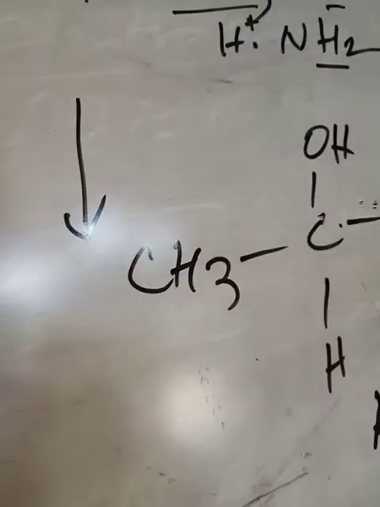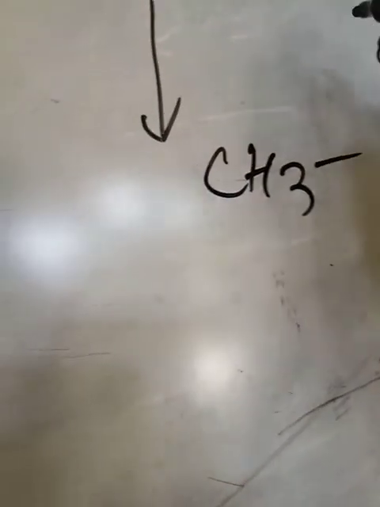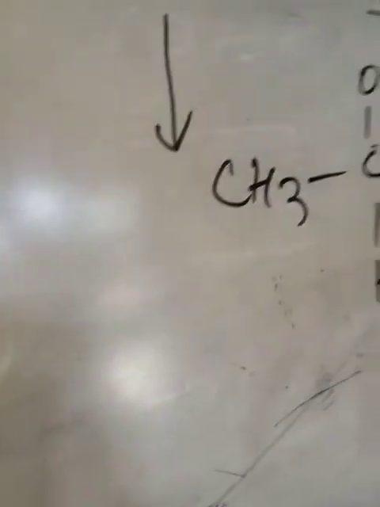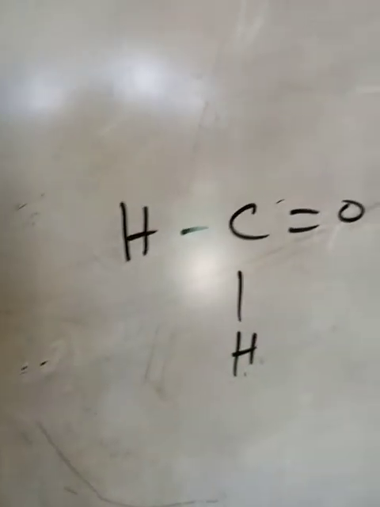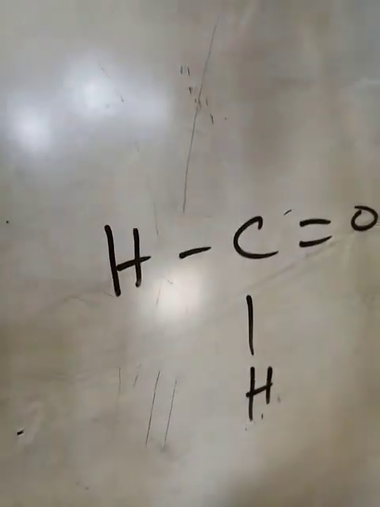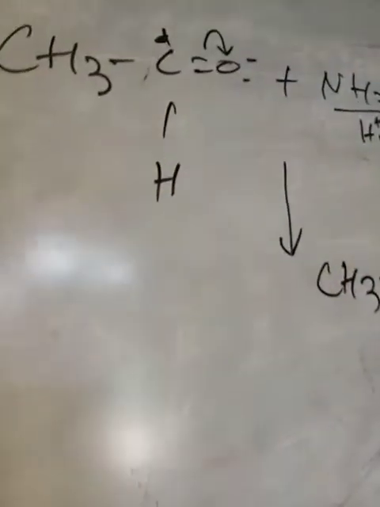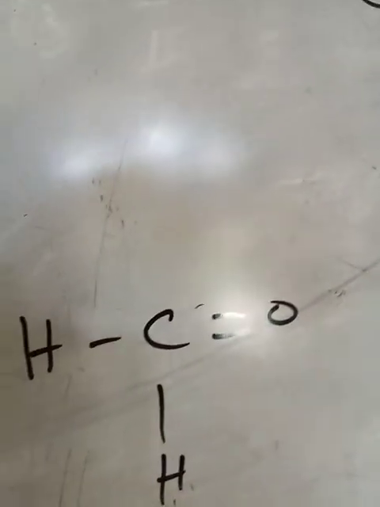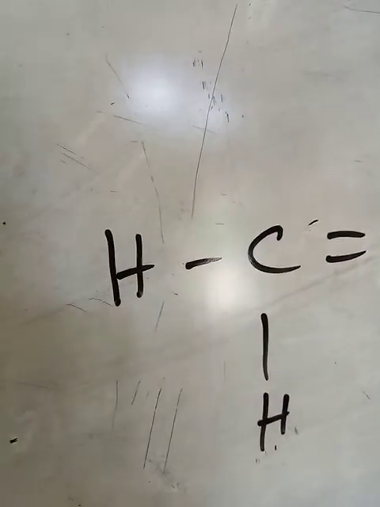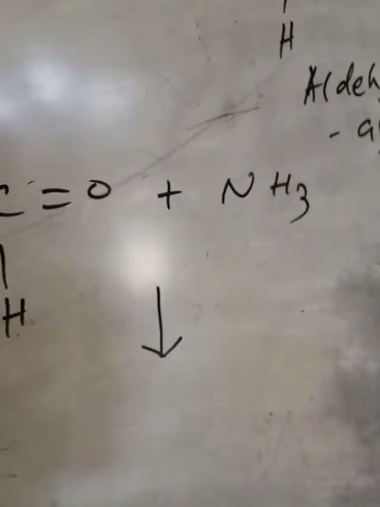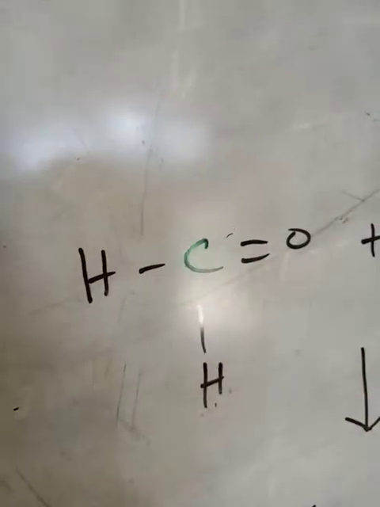In practical life, 3 molecules combine to form trialdehyde ammonia. Now, if the first member of aldehyde, this is formaldehyde, the common aldehyde is acetaldehyde. Acetaldehyde is the second member of the aldehyde group, and formaldehyde is the first member. If you take formaldehyde and add ammonia, then a different type of reaction occurs, and you will get a new compound